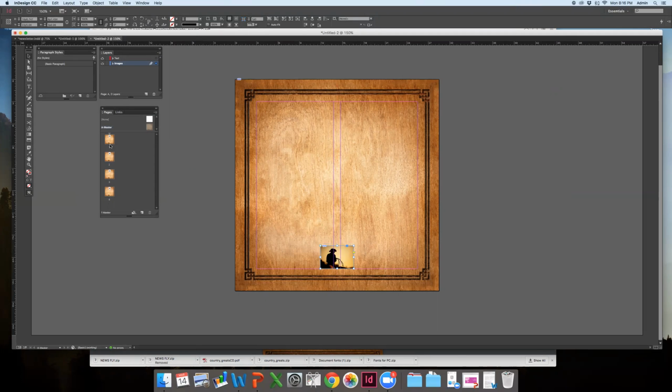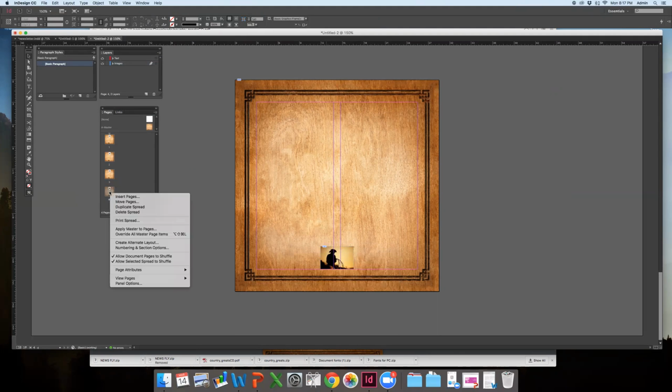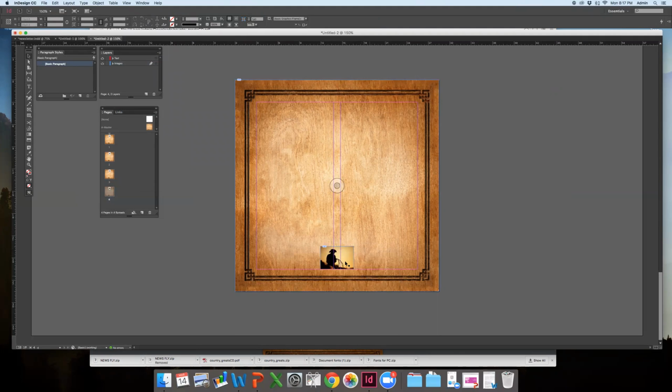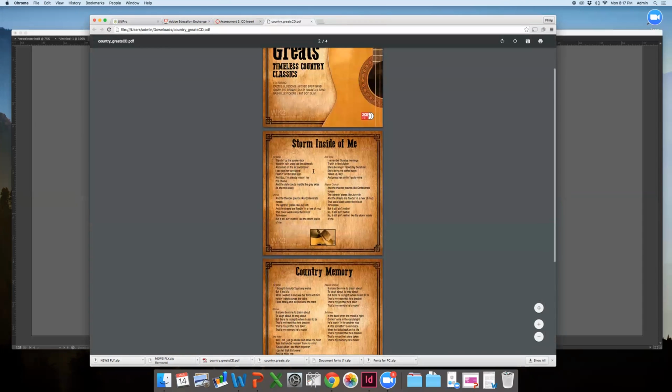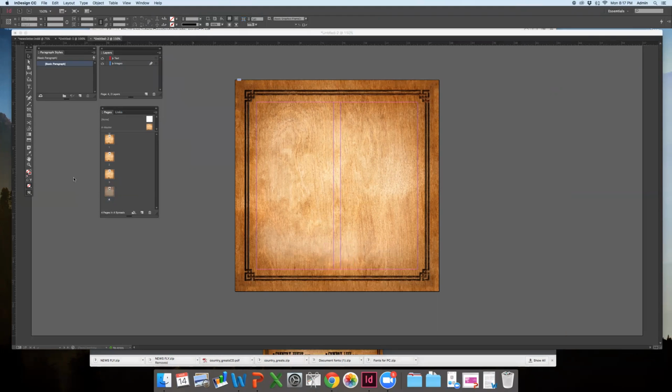Now it'll apply to all the pictures. You can choose to do this or not, and it's fine if you don't. When you get to your last page and you don't need it, you just right-click on the page, click Override All Master Items, and simply delete it. On page 2 and 3, when you get to the one with the cowboy hat,